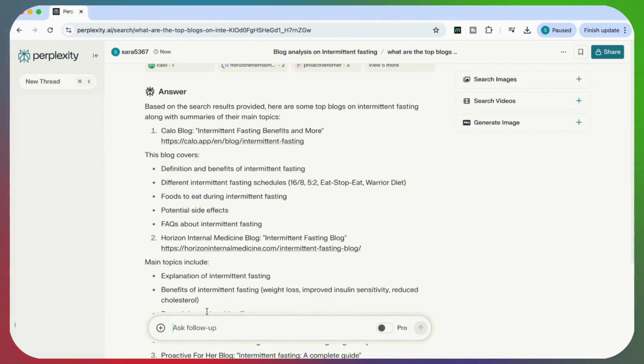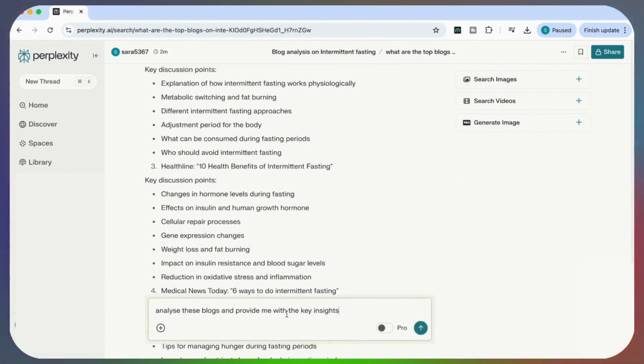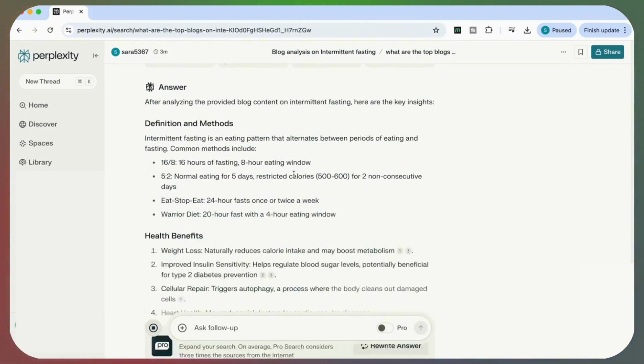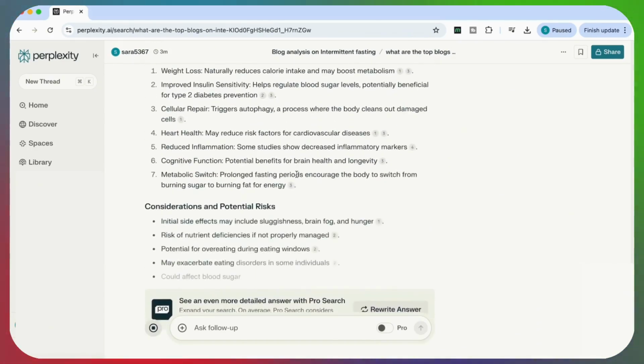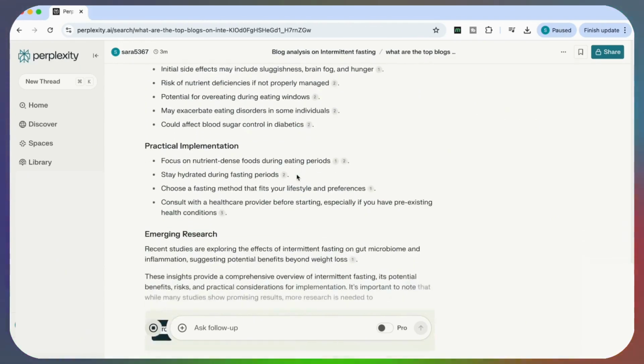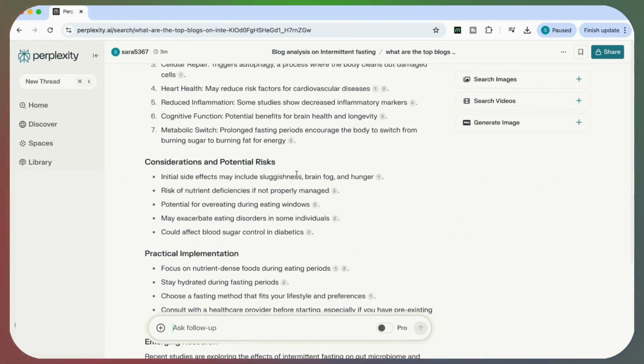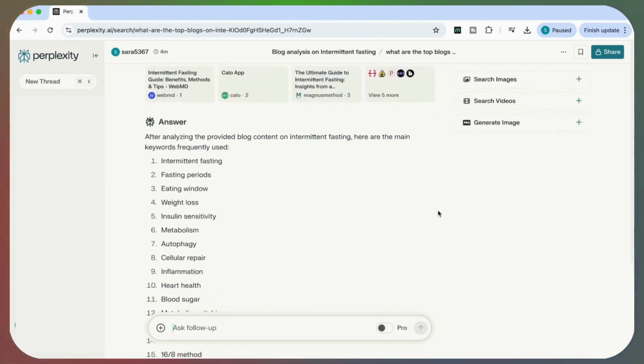So once I've got the information, you can add a follow-up question here that says, analyze these blogs and provide me with the key insights. And you can see it's come back with the definition, methods, the health benefits, the considerations and potential risks, some practical implementations, the emerging research around these topics, and then I can start to use these different topics to craft my own ideas. So you can just add a prompt here that says, what are the main keywords used in these blogs? And you can see that it comes back with a list of 30 different keywords that are really relevant to this topic and that have been used in these blogs that you can start to use in your own